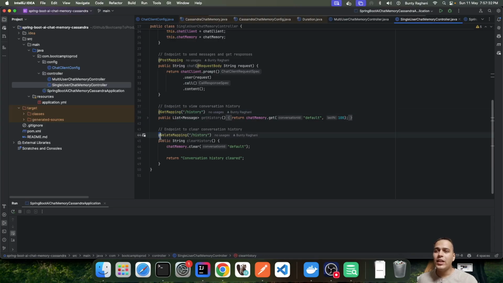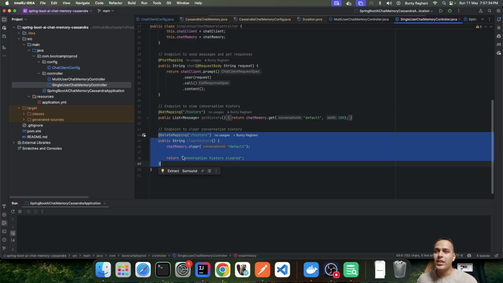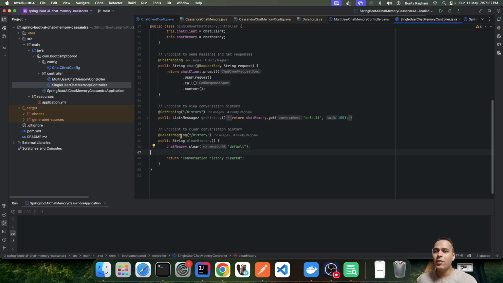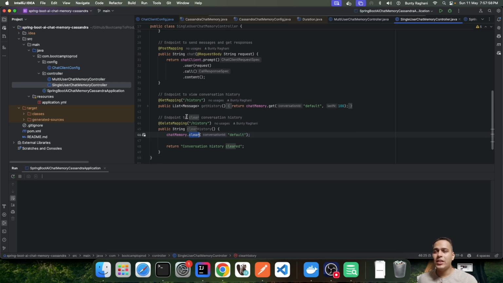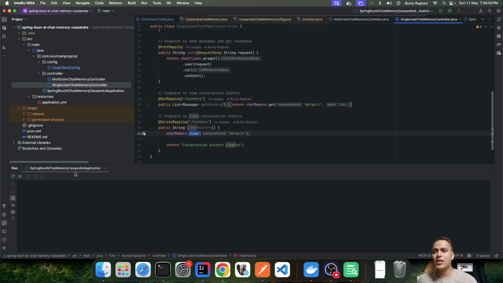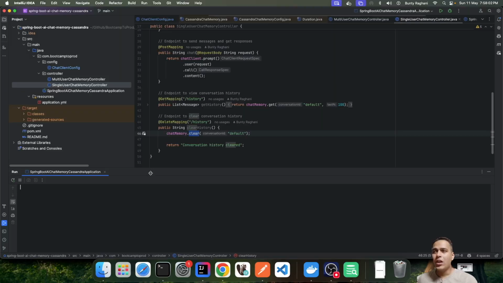And if we have to clear the conversation history or chat history, we have created the delete endpoint, wherein inside the chat memory we are calling the clear method, and we are specifying the conversation ID as default. So for the conversation history which is maintained, again this default conversation ID will be cleared. So before jumping into the multi-user chat application, let's see this controller in demo. One more thing,